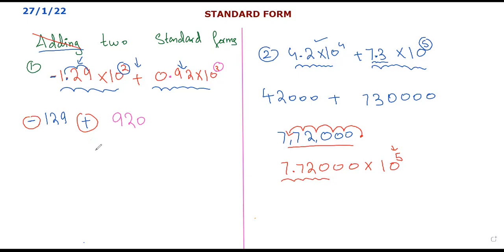And what are we going to get? 791. Plus 791 or minus 791? Plus, as the bigger value has plus. Yes, very good. Okay, and now